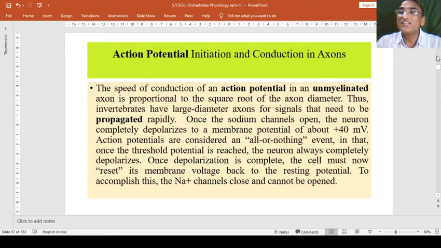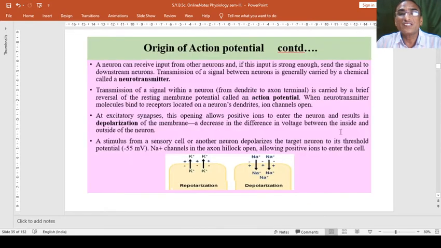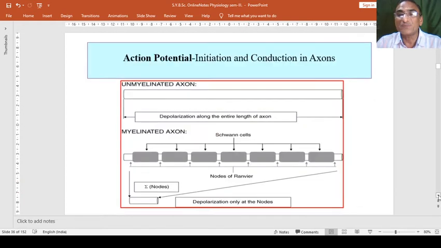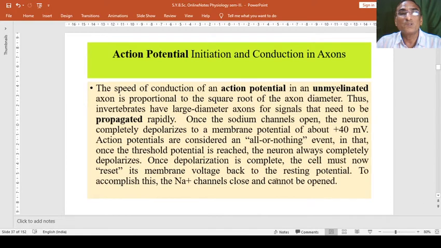We have seen this in the previous diagram. From here it is clear that as soon as the sodium ions enter, the membrane depolarizes. Now we will go to the next. Once the sodium channels open, the neuron completely depolarizes,